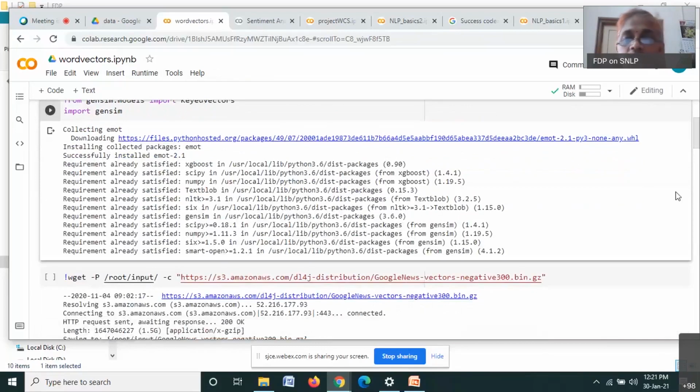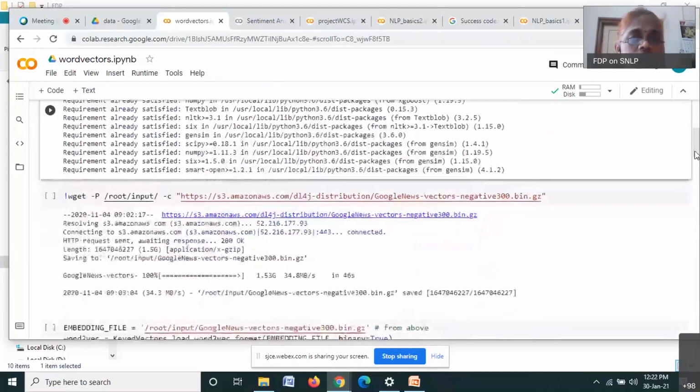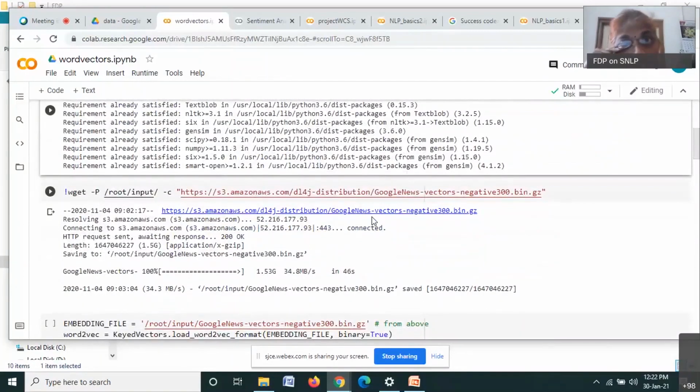Yes, this is done. Then what you have to do is get the word vectors available at Google, and this is the link that we have. And this word vector, I mentioned that Word2Vec is constructed using a very large database, and this is one database. This Word2Vec is constructed using Google News.